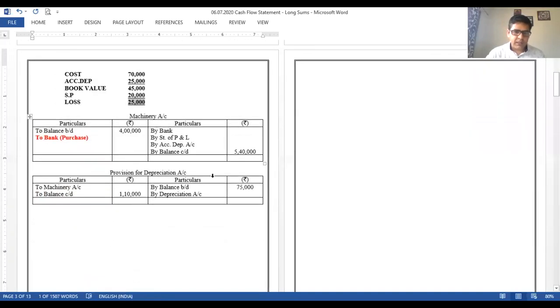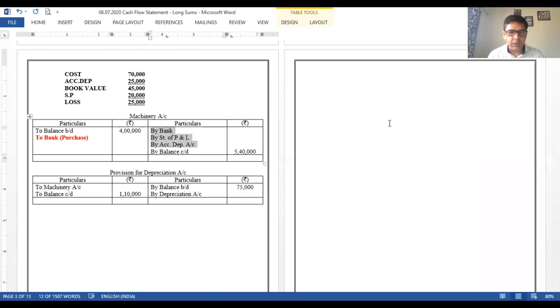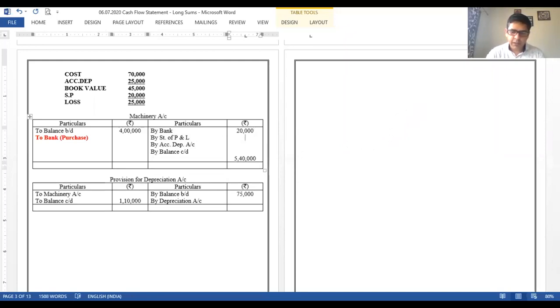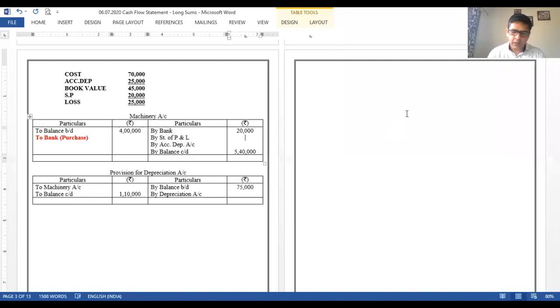What are the effects in the machinery account? You can see that I have already mentioned these three details over here. As on the date of sale, I need to mention by bank, by statement of P&L, and by accumulated depreciation, right, in machinery account on the credit side. So let us finish out that part. By bank with the selling price, that's 20,000, right? By profit and loss account, we can see that the losses amount 25,000, and then we have accumulated depreciation, that